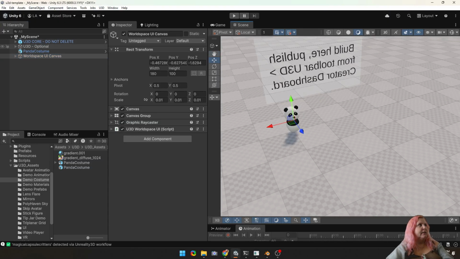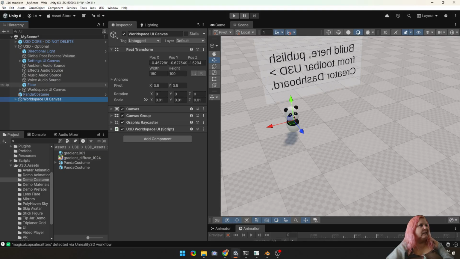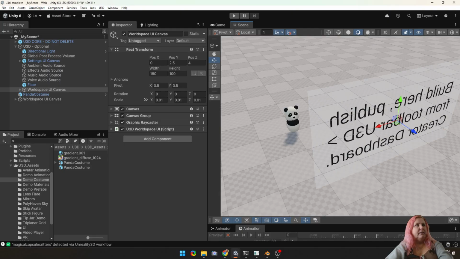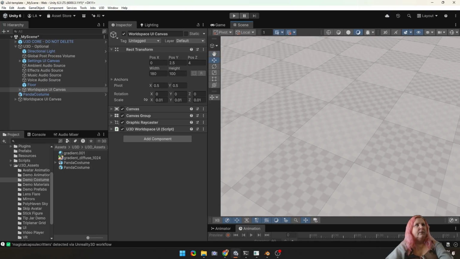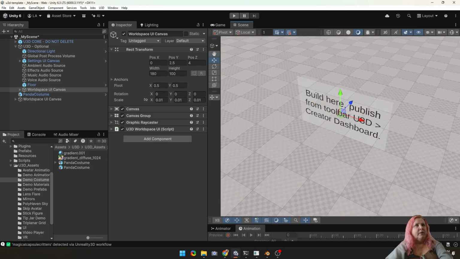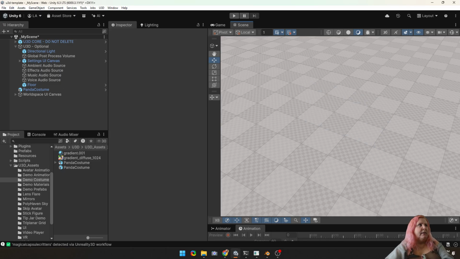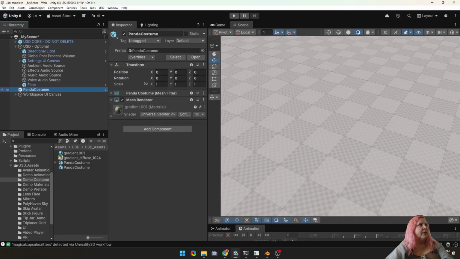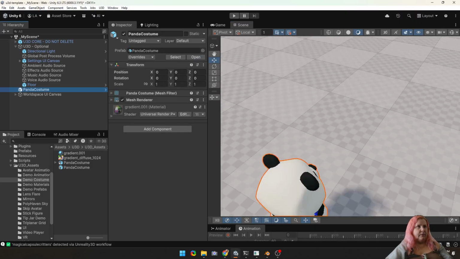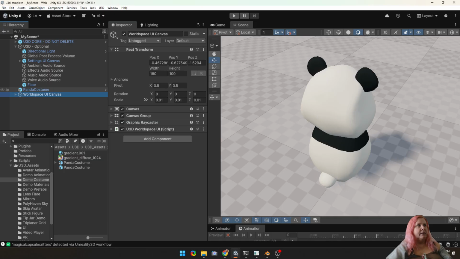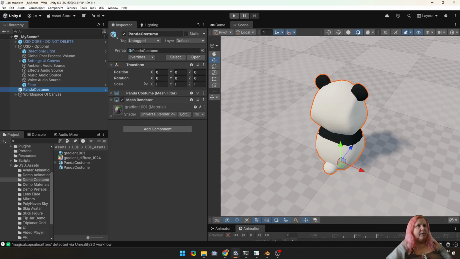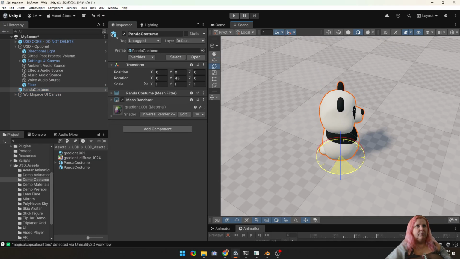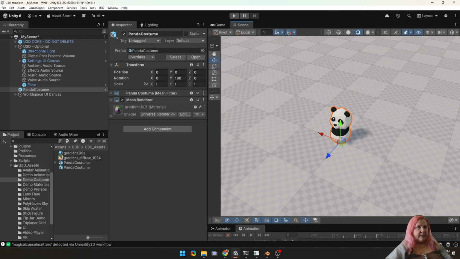Here's this one that I had in there already. If I was facing it the right way, let's say build here, publish in toolbar. That one you can delete. It's in this U3D optional object. So here, I think I might turn him around so that when the player loads in, they're facing